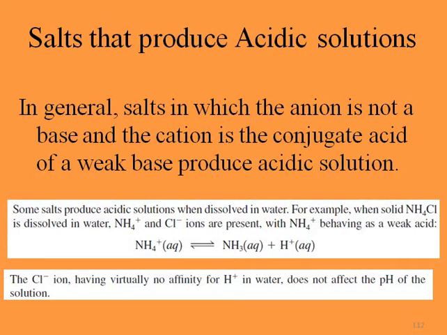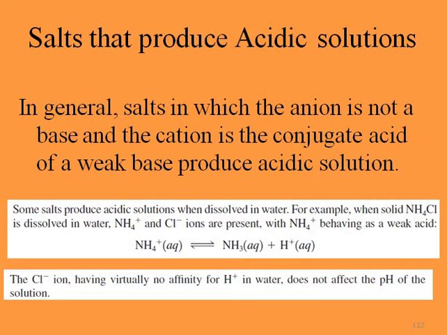So now let's talk about the last part, which is salts that produce acidic solutions. In general, salts in which the anion is not a base and the cation is the conjugate acid of a weak base produce acidic solution. Some salts produce acidic solutions when dissolved in water. For example, when solid NH4Cl, which is ammonium chloride, is dissolved in water, we produce ammonium ion, and chloride ion is going to be present,